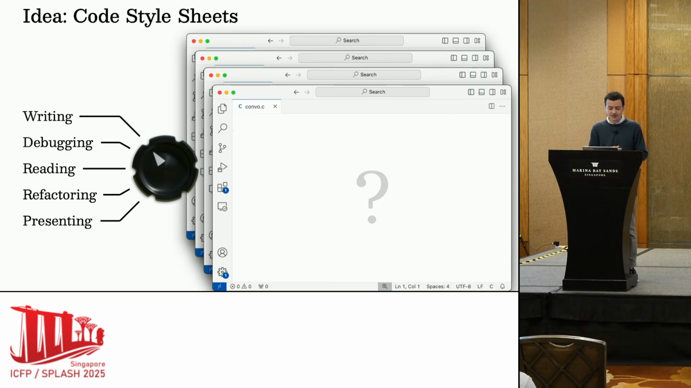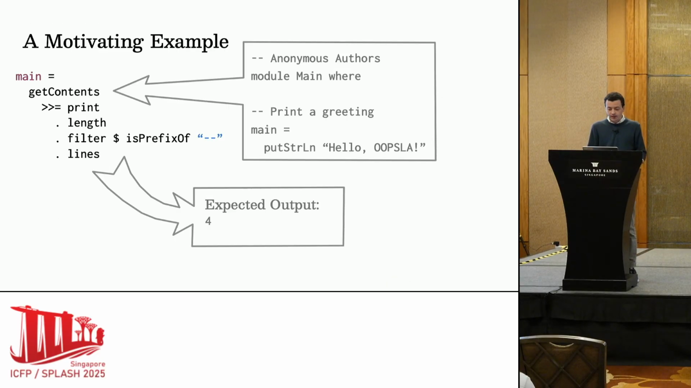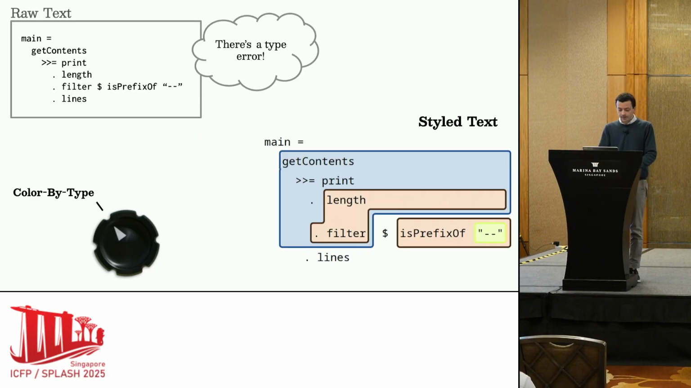To give a more precise example of what I mean, let's think about this small Haskell program, which is meant to count the number of non-commented lines of code in a source file. In the upper right, we have an input, which has 4 non-commented lines of code. So we would expect this program to output 4. But this program has a bug, and that bug happens to surface as a type error when you put